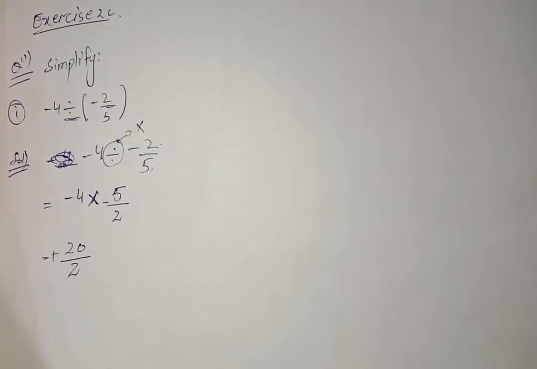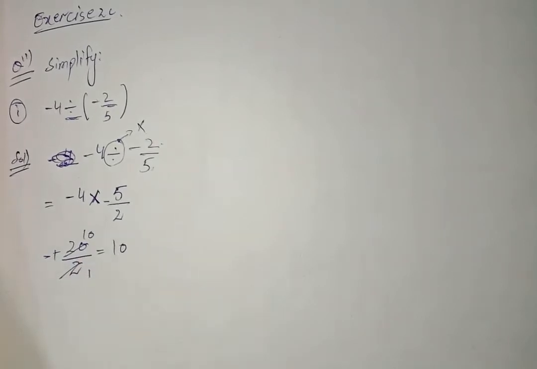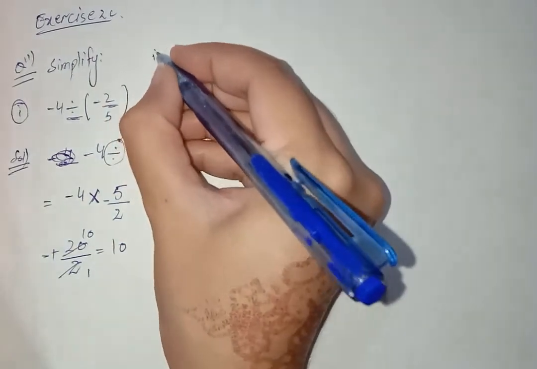If you want to start cutting these values, you can say that 2 1s are 2, 2 10s are 20. So the answer is 10. But this is an extraordinary answer. Okay. Now move towards part number 2,